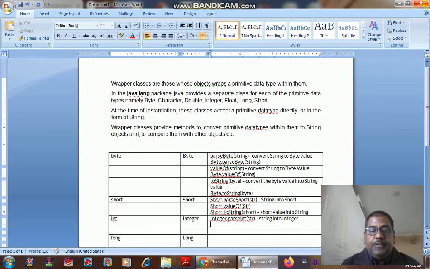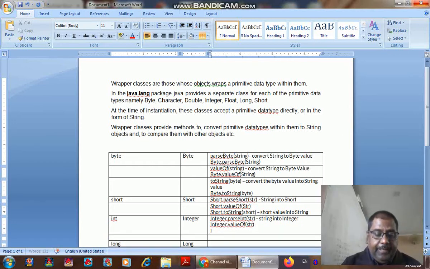The second function in this will be Integer.valueOf. Again you will pass a string value. The function is the same.